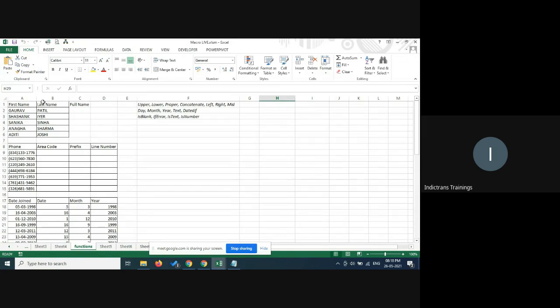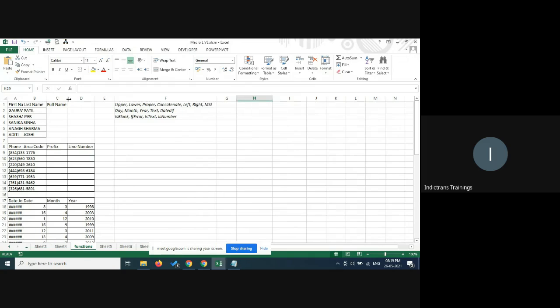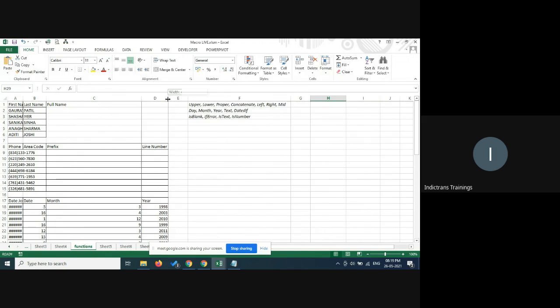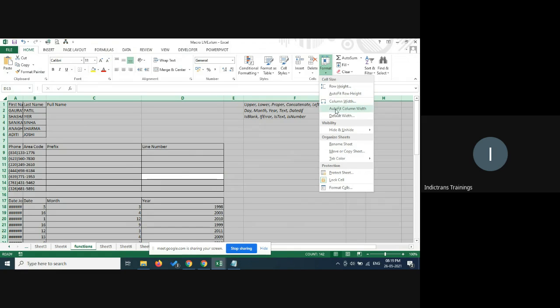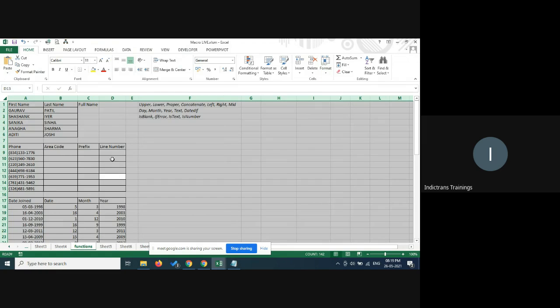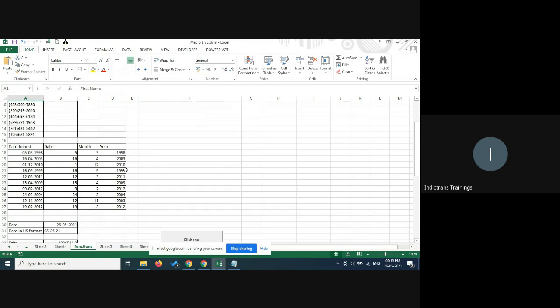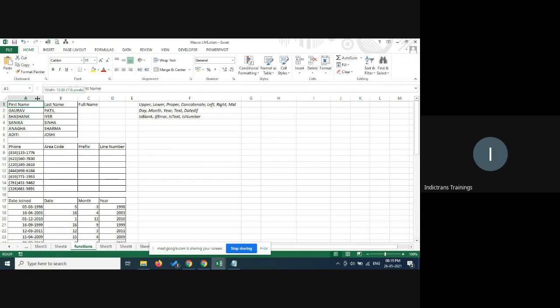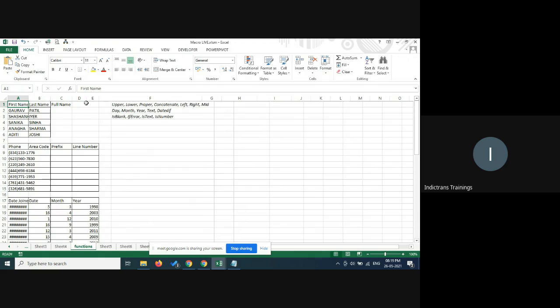So if you have columns which are not auto fitted, then you can simply select all, format, and say auto fit column width, it takes care of it. So many times when I get an Excel file, first thing I do is auto fit column width because then you can start reading it. Otherwise, it becomes difficult to read. But if you don't want to use that for whatever reason, or you want to give some buttons like this,